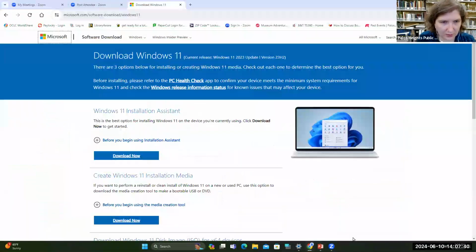Otherwise, if you don't do it from settings, you can also do it from Microsoft.com, and you can check for download Windows 11. I have the URL right at the top there, Microsoft.com/software-download/Windows 11.